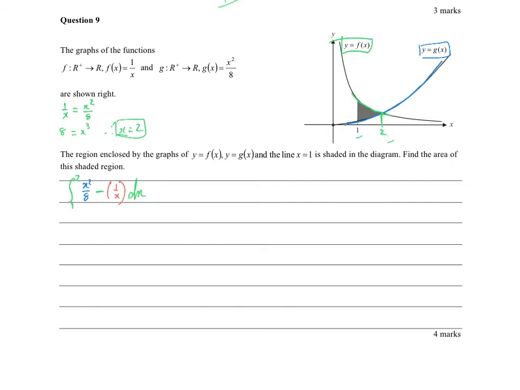1 to 2. Oh, I've got it the wrong way around, haven't I? Good thing we checked. So we won't worry about erasing and starting at green. Green function f of x, 1 on x minus blue function g of x, x squared on 8. Let's just check that again. Top line, 1 on x, that's better. Okay, so now we've got